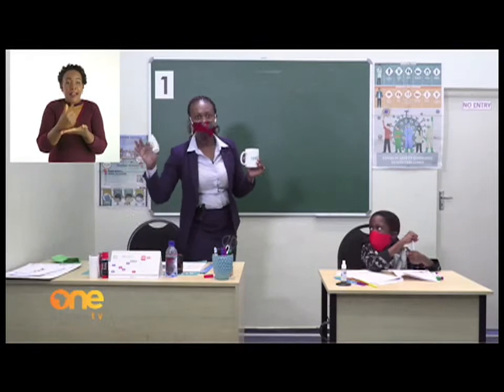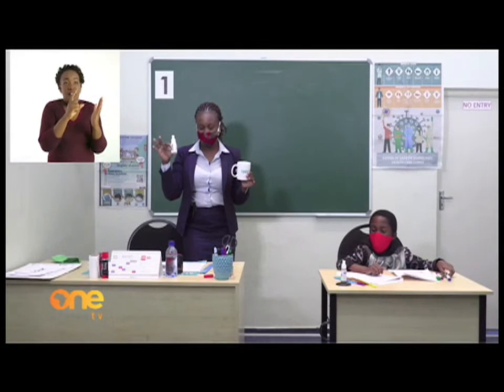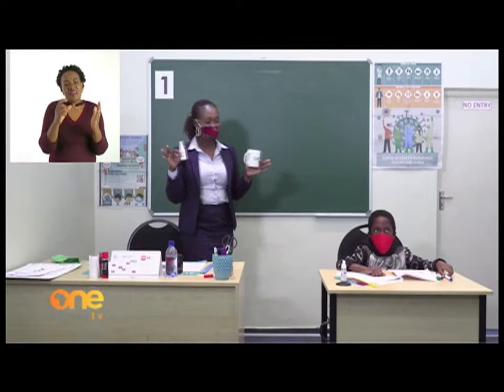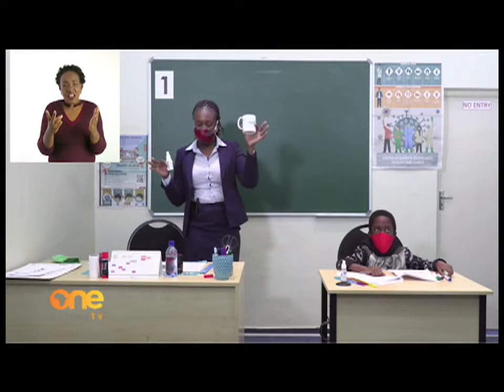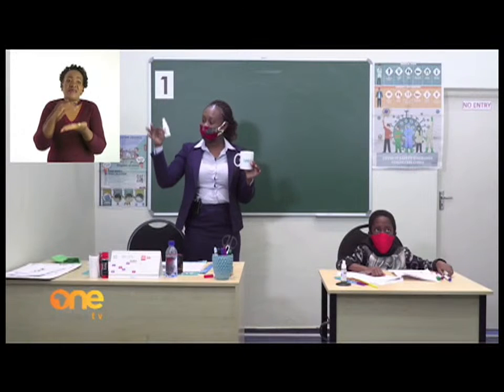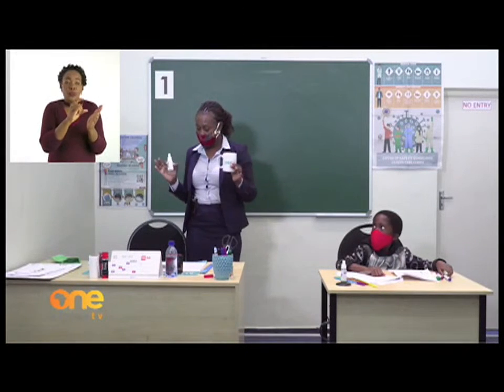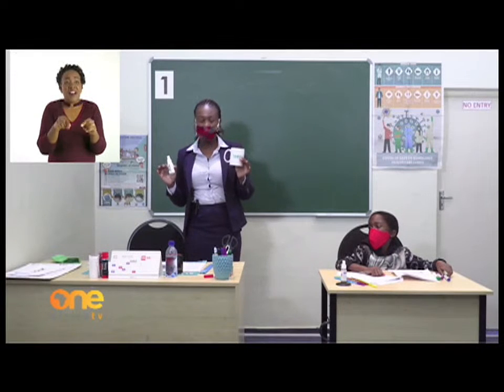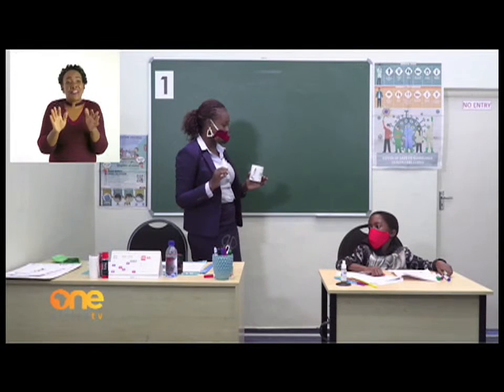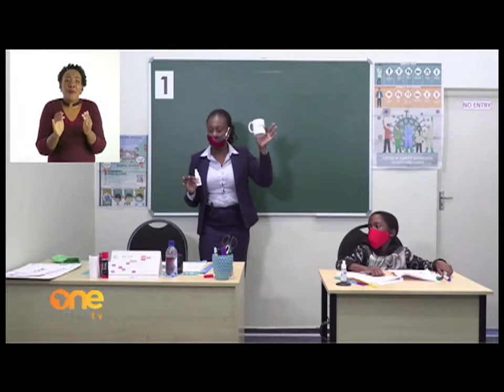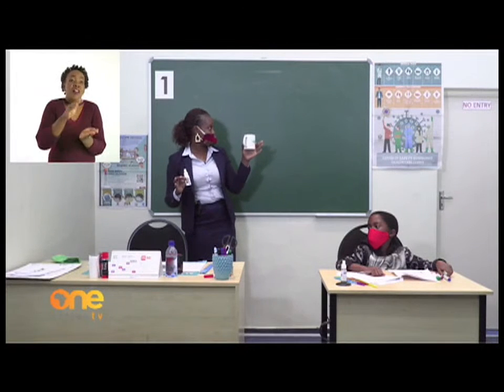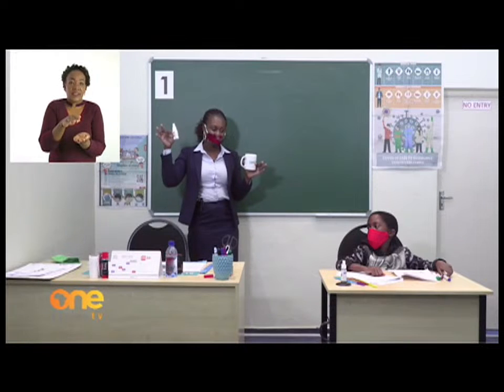I have my sanitizer. As you can see, the cup is bigger and the sanitizer is small. So when we are ordering them from big to small, the cup will be the first one, followed by the